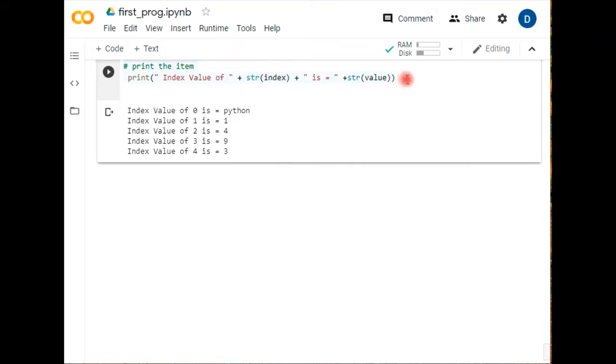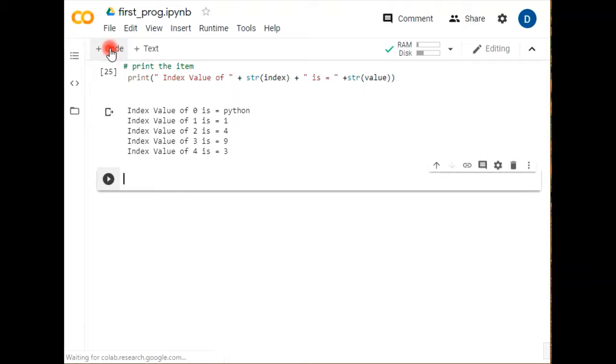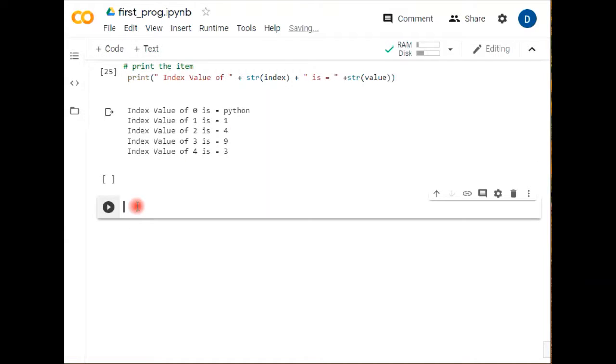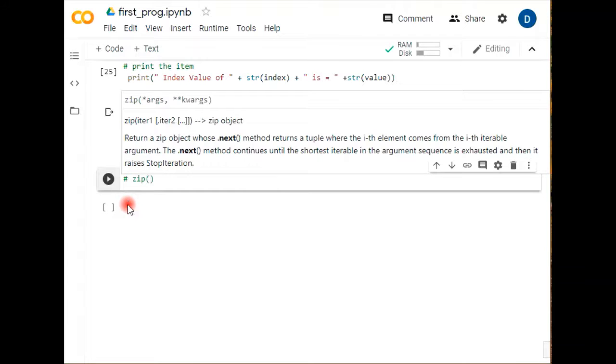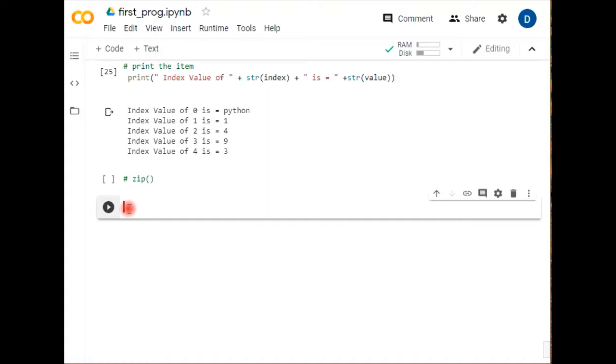Let's have another facility, another possibility in Python programming. This time we are trying to zip different functions. We have the zip function. How can we utilize this zip function? Let's see it all. First of all, I'm taking one example. Suppose we have different data listings. For example, I have a few names, and those names are